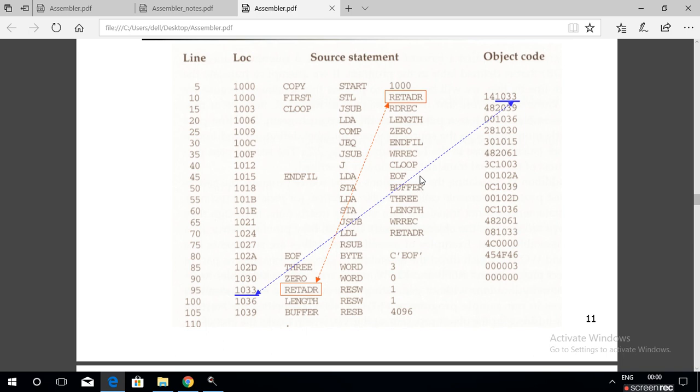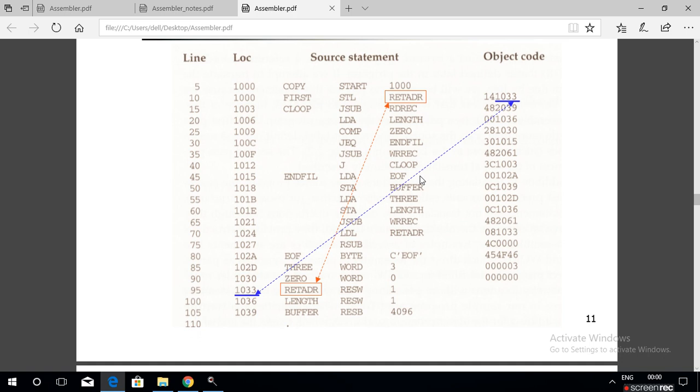Three data structures are used. First is the symbol table, called SYMTAB. Second is the operation code table, called OPTAB. Third is a variable, the location counter value, LOCCTR, to keep track of the address of each instruction.